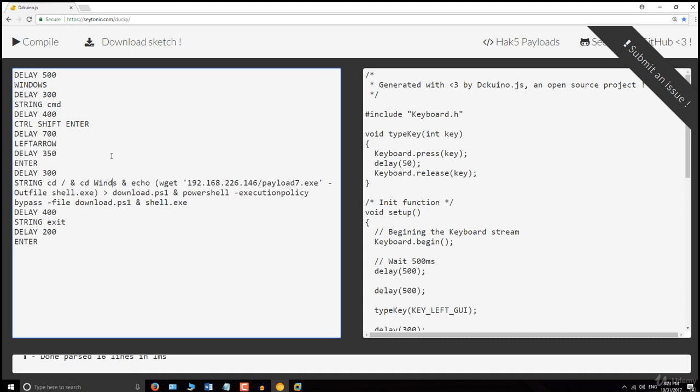Windows is wrong, let me correct it. Okay, let's do it like this: cd Windows, and so right now we are in the C Windows directory. Now we are going to generate a file called download.ps1, and then we will run this download.ps1 file that will download the shell.exe. And once we get the shell.exe, we're going to run it just by typing shell.exe, and then wait